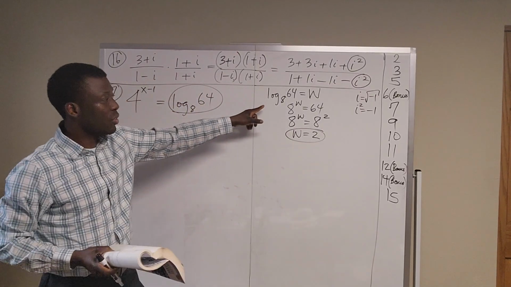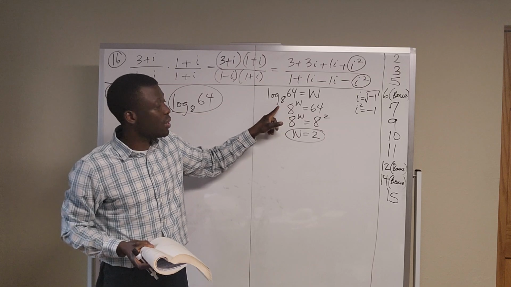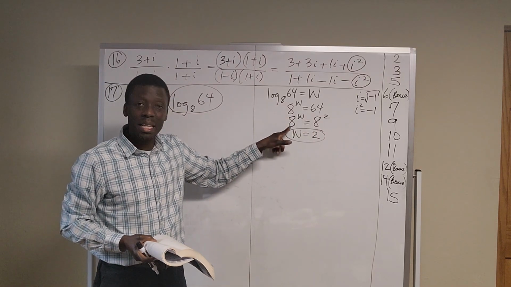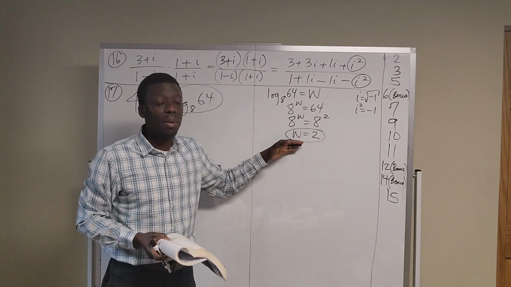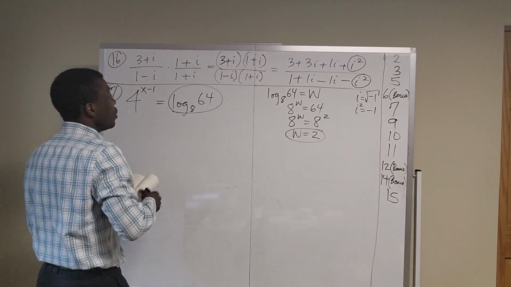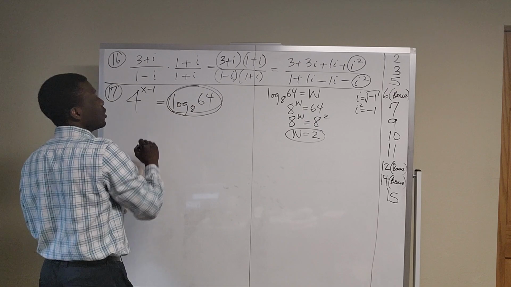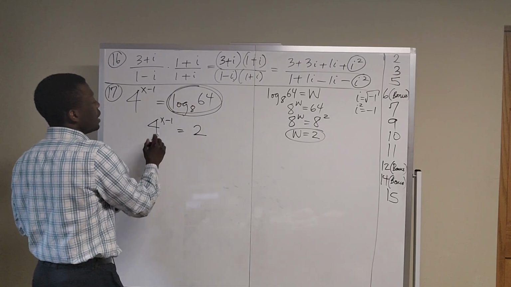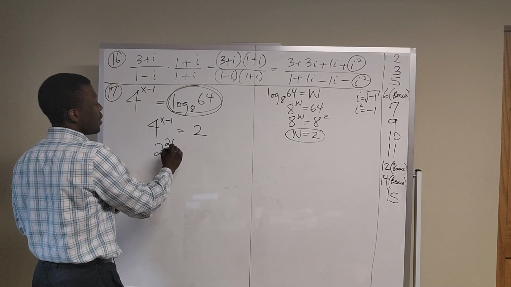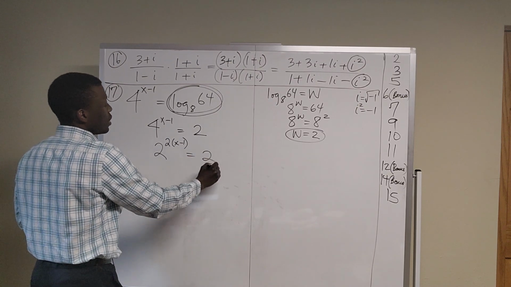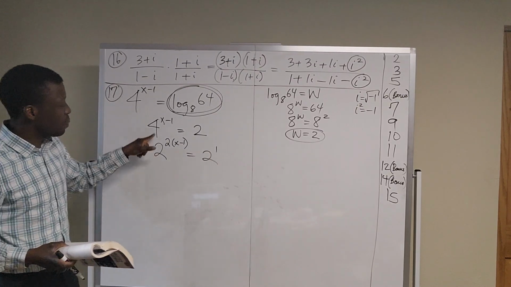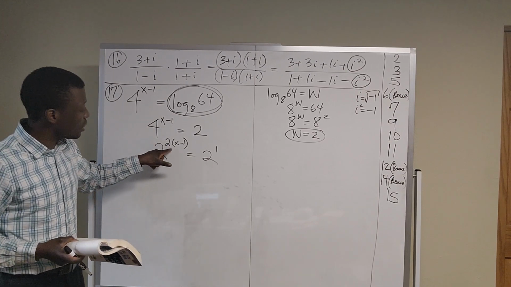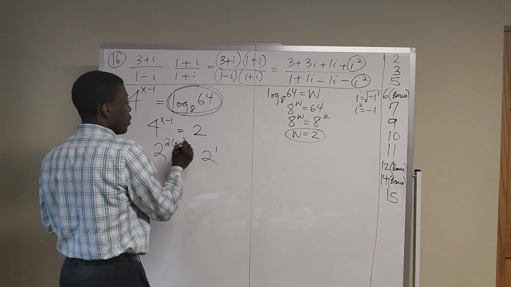So that's how we take it from the log form to the exponential form, and then from the exponential form, we're able to show that if these are the same, then the powers will be the same, and the answer will be w is equal to 2. So this whole thing here is actually 2. So it's 4 to the x minus 1 is equal to 2. This is the same thing as 2 squared. So notice that this part just became 2 squared, right? 4 is 2 squared, but now you have that 2 that you distribute into those values. So that becomes,